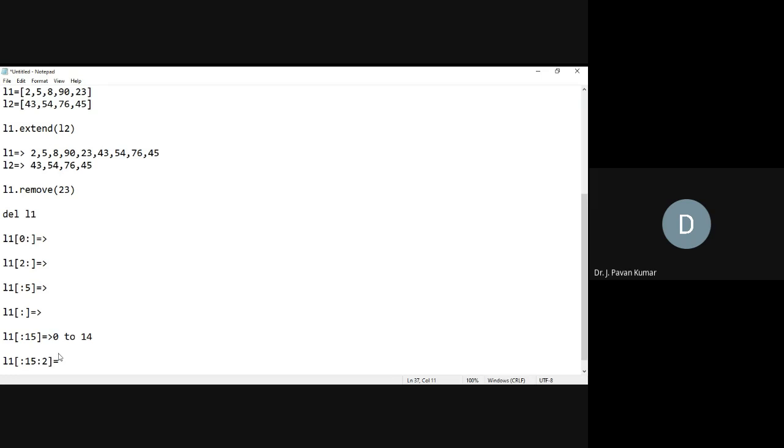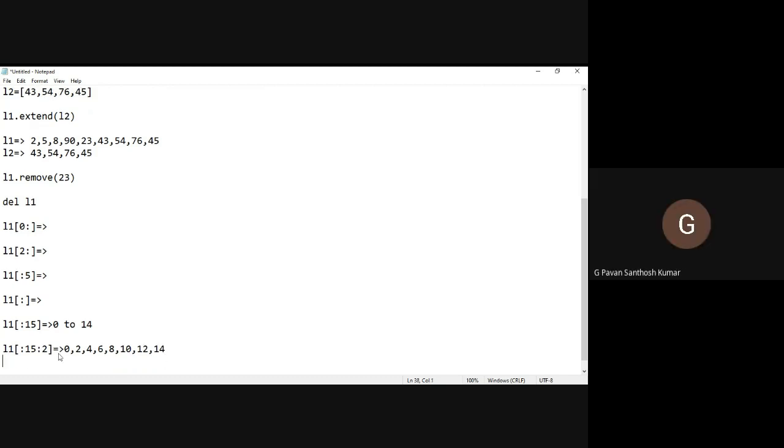Then what will be the output? 0, 2, 4, 6, 8, 10. Yeah, 0, 2, 4. These are not elements, these are indexes. In these indexes, whatever elements we have, those we will get. So 0, 2, 4, 6, 8, 10, 12. Will 14 come or not? Sir, it will come.